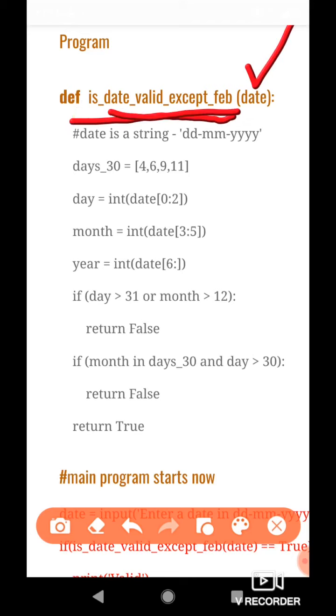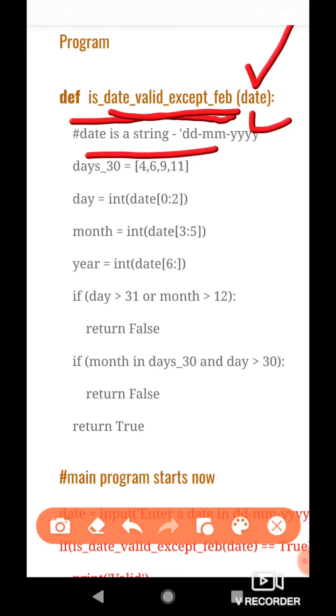The name of the function is created using the same rules as we follow when creating names of variables. Inside the parentheses we write the parameters of the function. Here the only parameter is date, which is going to be a string type parameter in the format